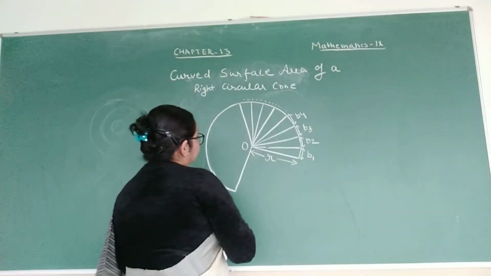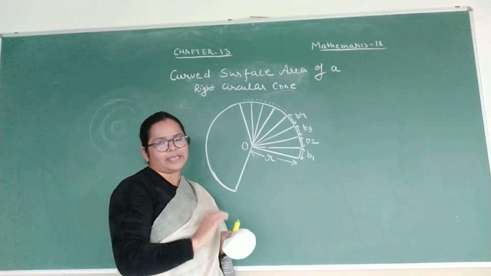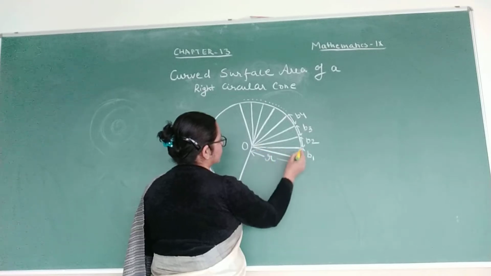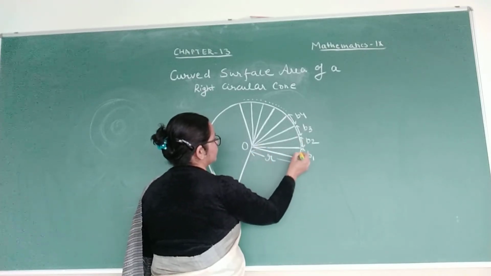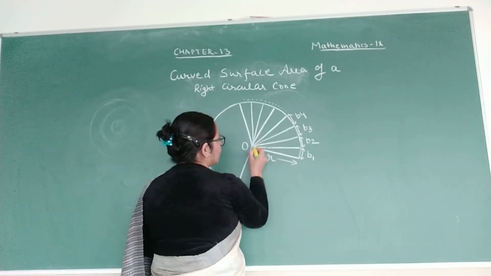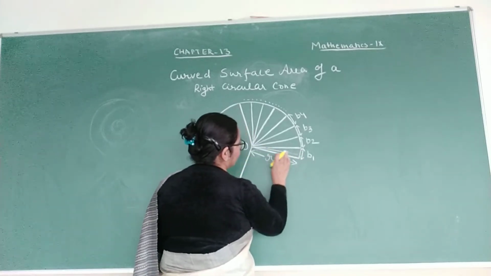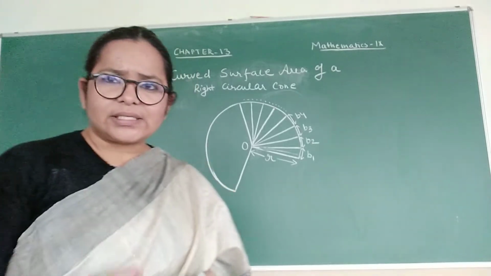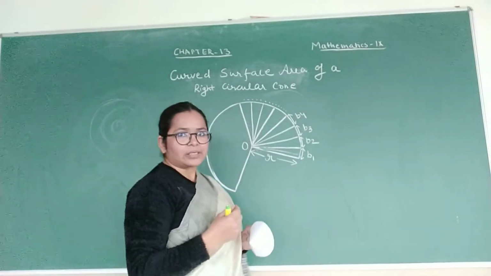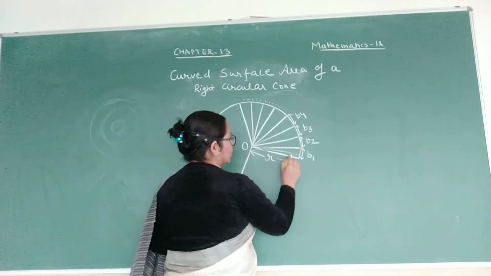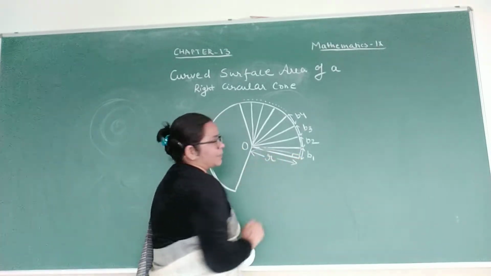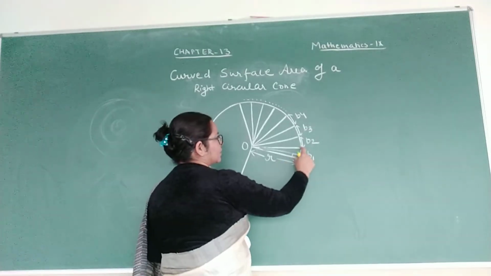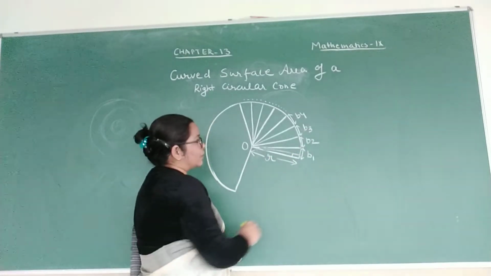You all know that area of a triangle is half base into height. Now let us make very small triangles here. You can see this triangle with base B1. This triangle, you can make it more smaller. You have to visualize it, imagine it very small, such that the base is quite negligible. And in that situation, this radius and base will become perpendicular to each other. So radius will work as a height and this B1 as a base of the first triangle.